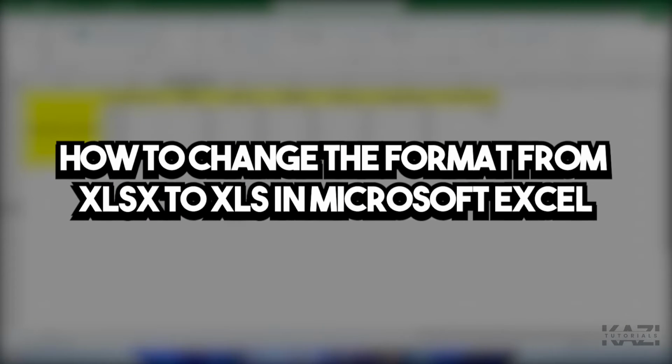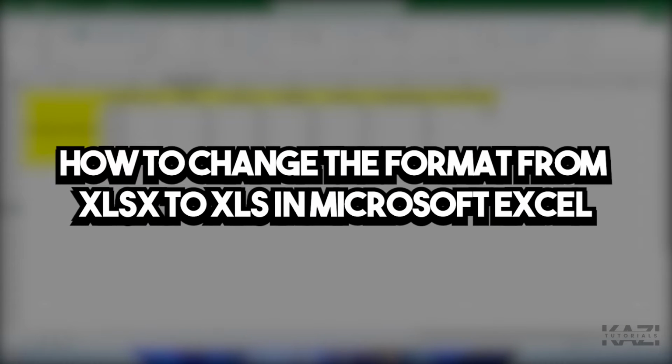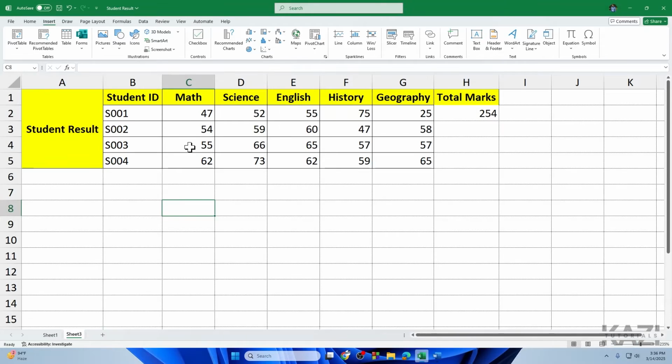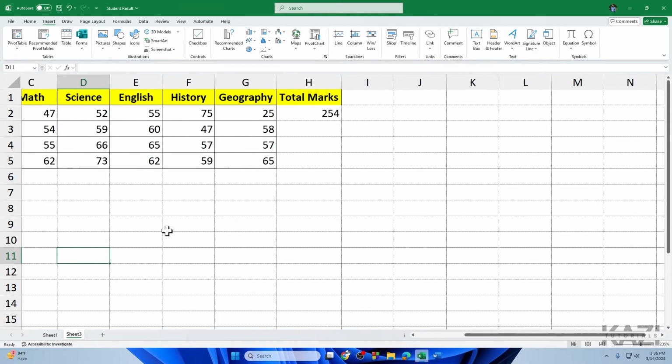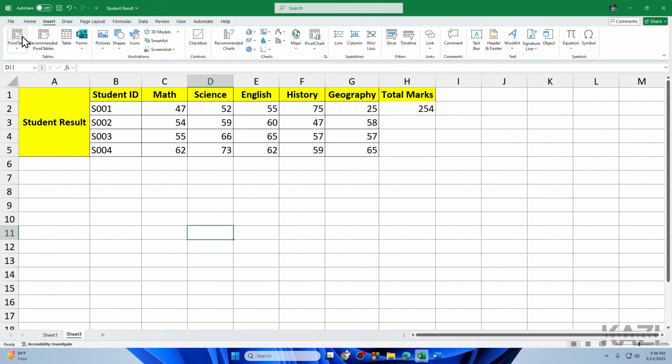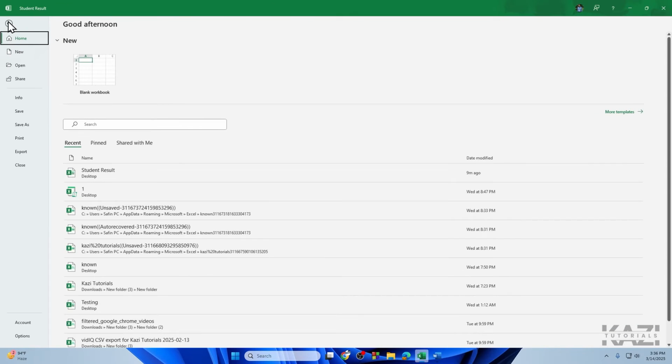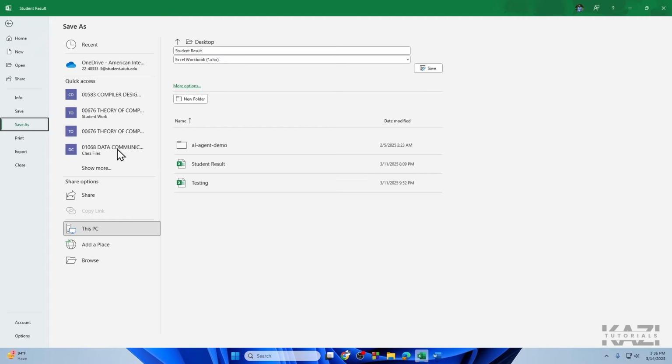Alright, so here's how to change the format on Excel from XLSX to XLS. So let's get started. First of all, you need to move your cursor onto the left upper side and simply go with the file. So you can do Save As, tap on that option,